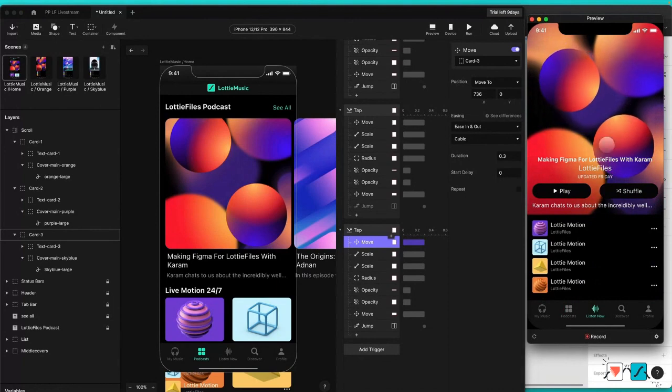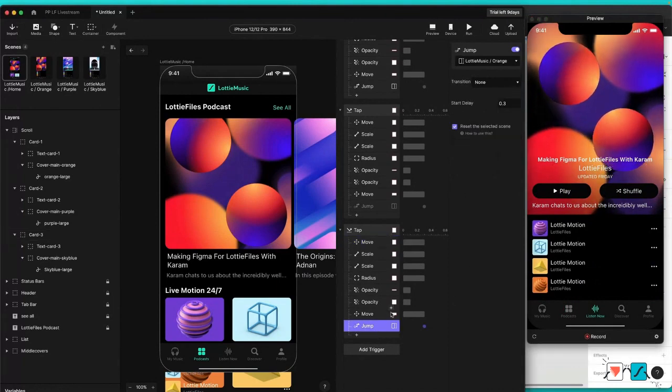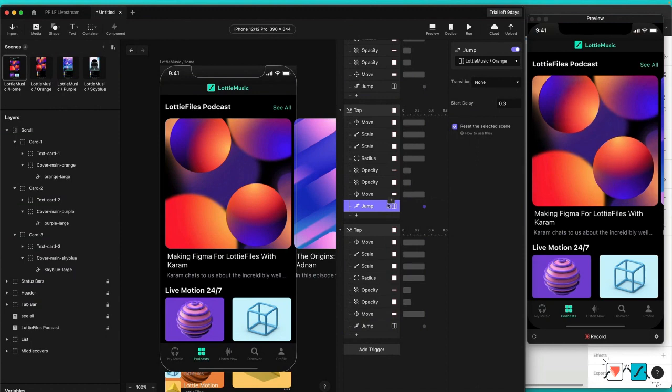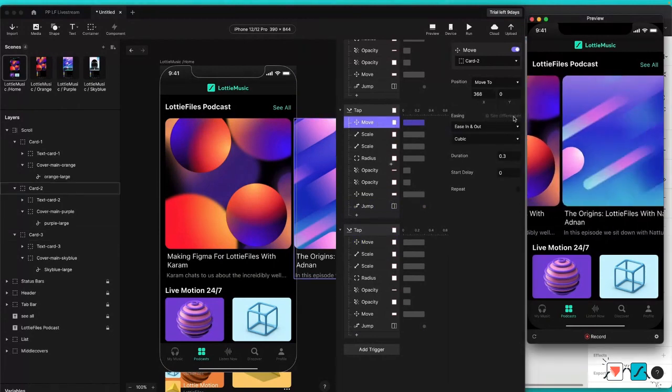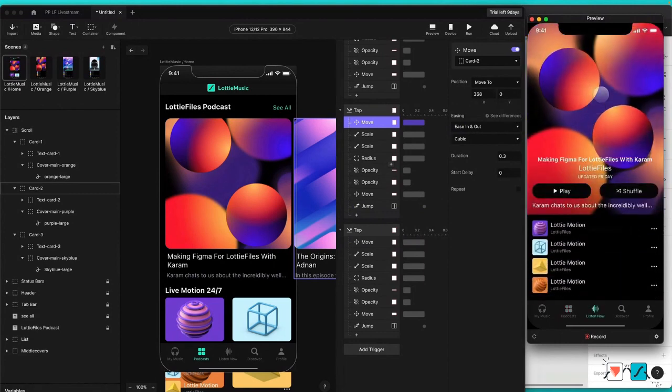But of course we have this other problem. And the reason of this is, let me show you here. So right now, I will just turn on this. So right now we have this card that is on top of the other cards, as you can see here. So I will just show you very quickly. So I will just move this here and we have this small glitch. To fix this and why this is happening,